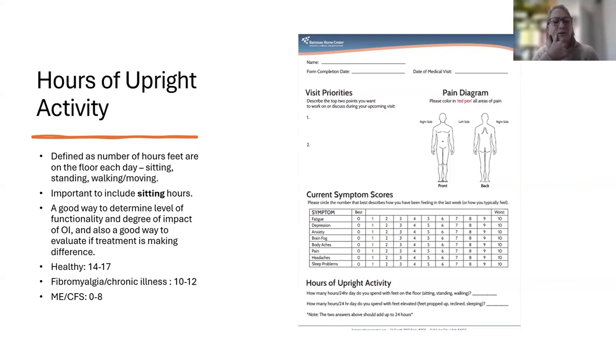So interestingly, you can see I've got some figures there. Healthy people typically would have 14 to 17 hours a day of upright activity. People with a chronic illness, including fibromyalgia, that's reduced to around 10 to 12. And they have worked out that people with MECFS can be anywhere from 0 to 8 hours a day of upright activity. So that really shows very clearly the kind of impact that illness, and particularly orthostatic intolerance, has on your